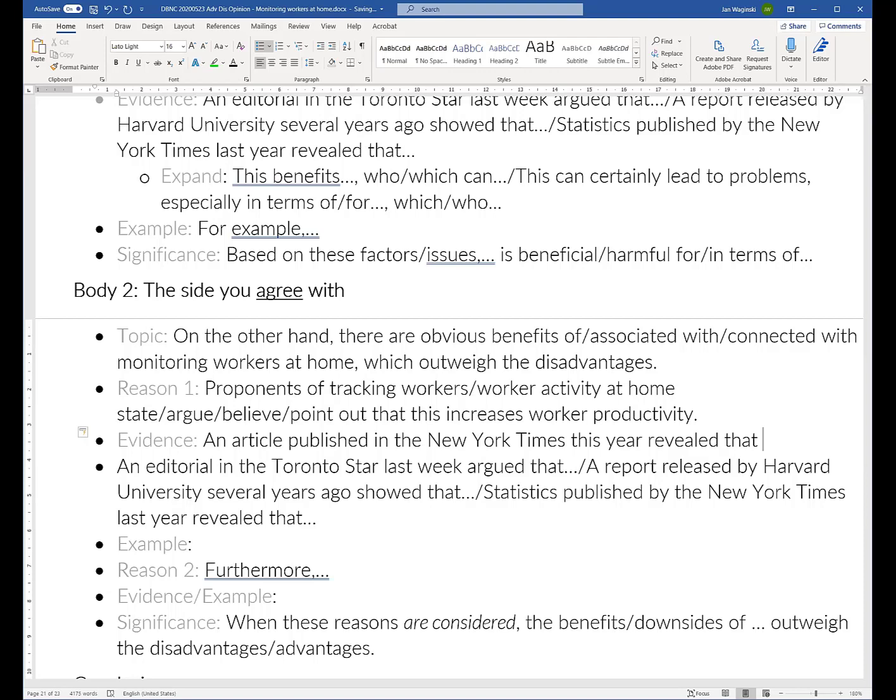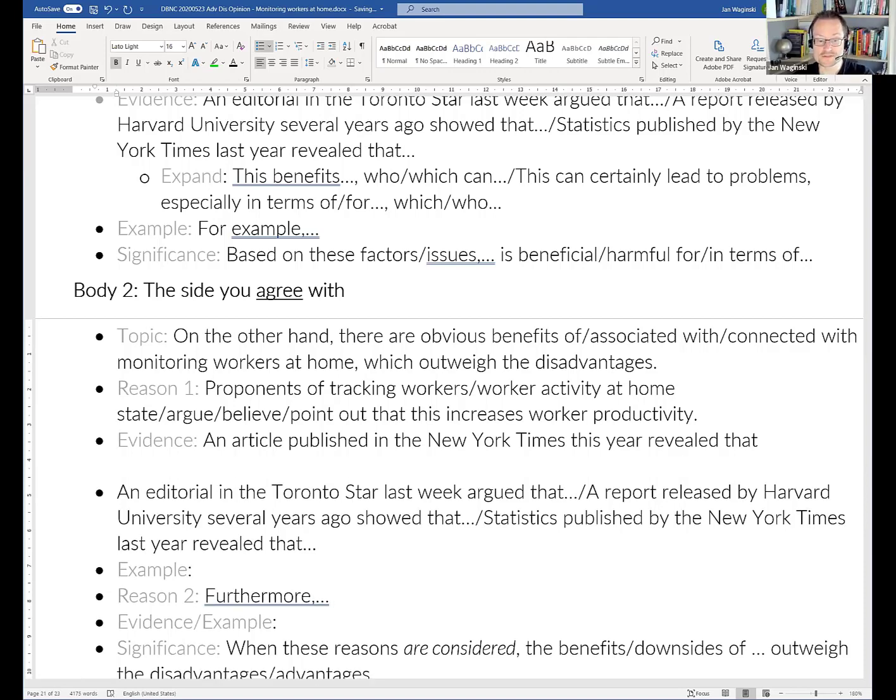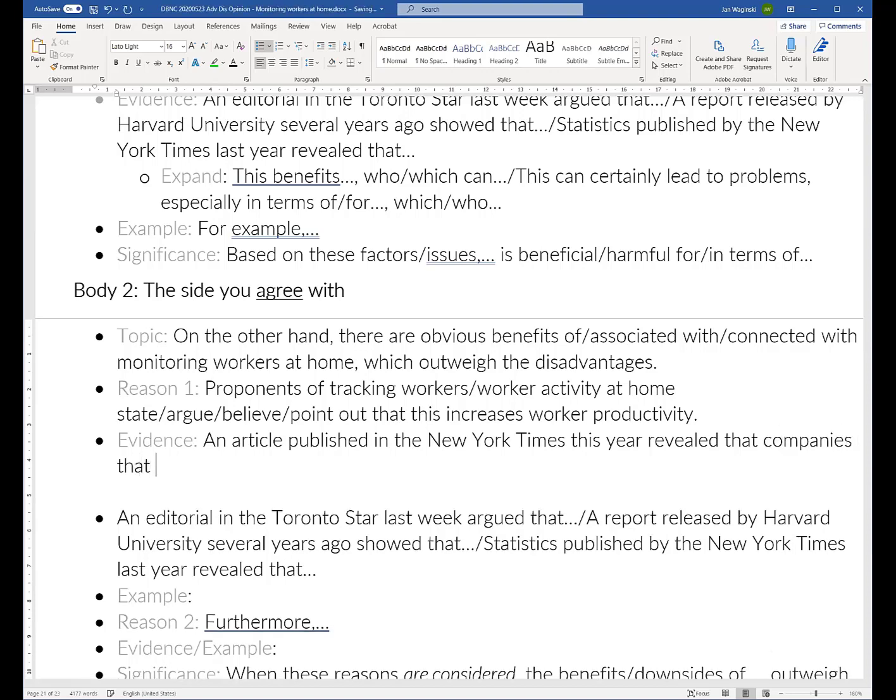Actually, I didn't read the article, so I don't. Okay, but we did summarize it, so you don't need it perfectly, but you just need to give us the gist, the main idea. Reveal that the companies use the, what we call that, a snapshot program. Let's call it worker tracking software. Okay, worker tracking software